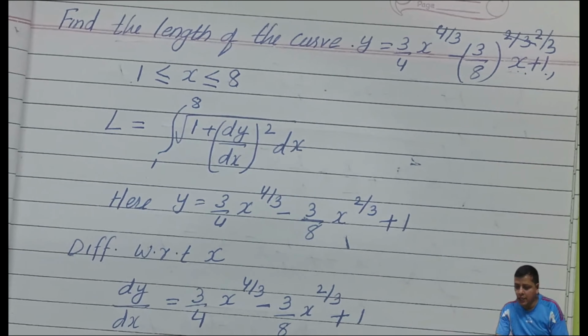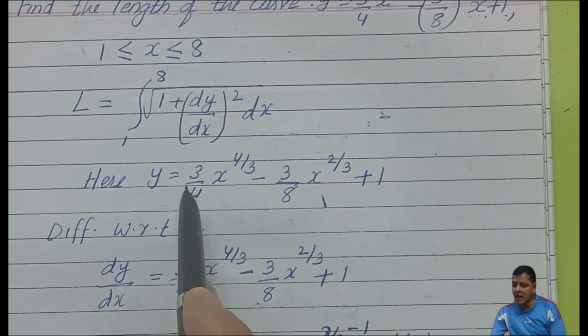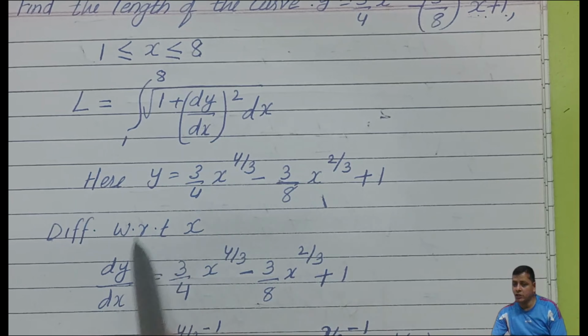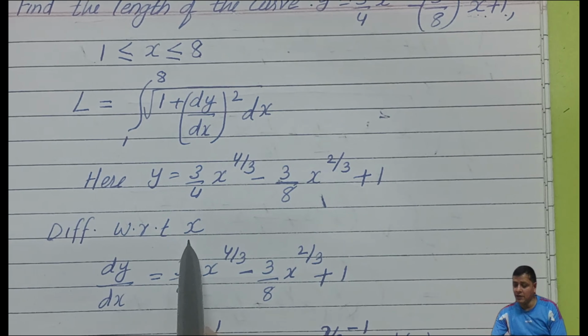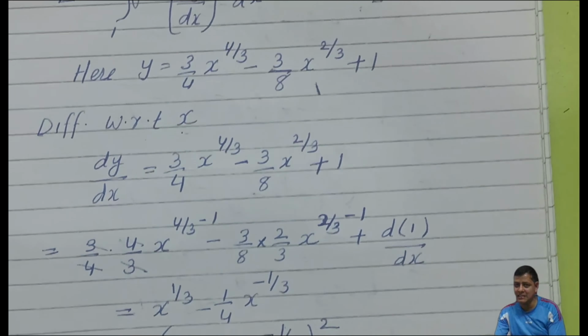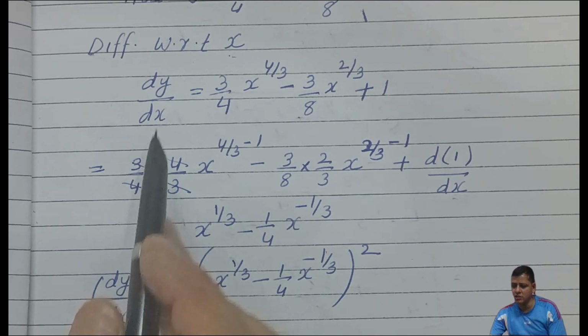It's an easy formula, but unless you practice, it does not work. Okay, so let's see what I did here. I just took that value y is equal to whatever was given, and then I differentiated it with respect to x. Because y is given, I differentiate with respect to x. If x is given, I differentiate with respect to y. So that much, if you remember, it's easy, and everybody knows how to differentiate. So I'm showing you simple differentiation here.